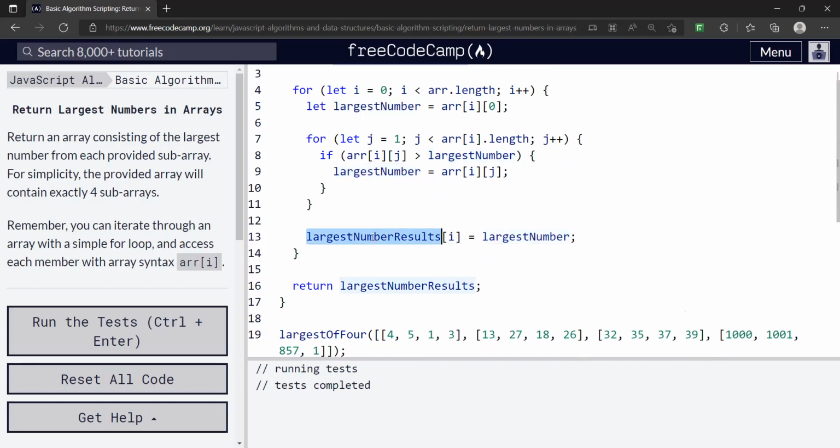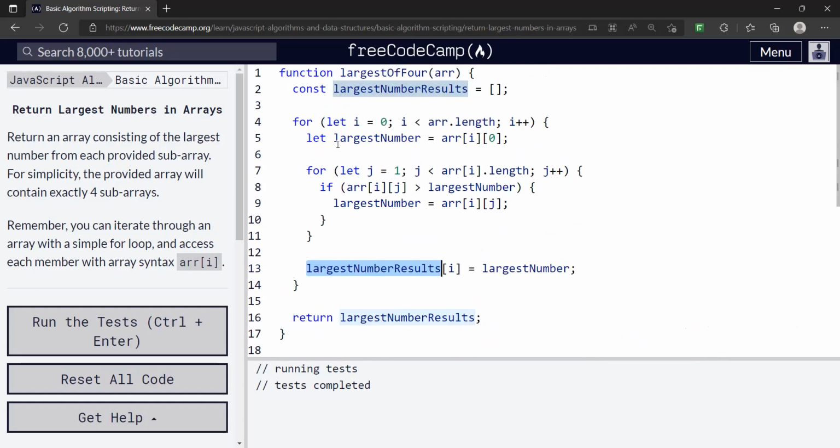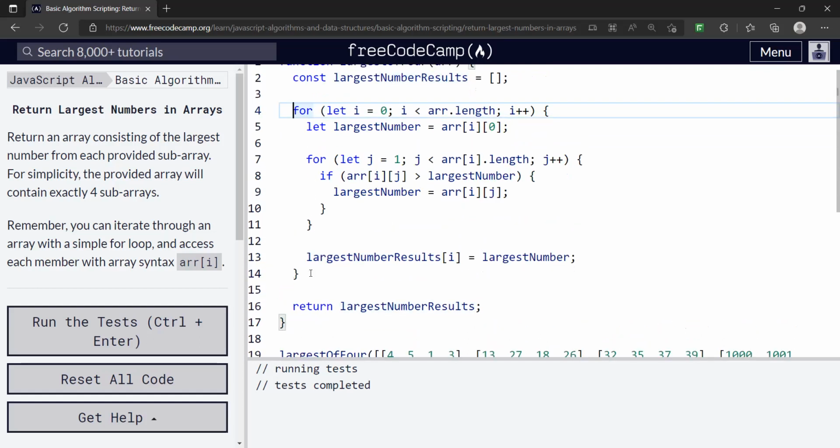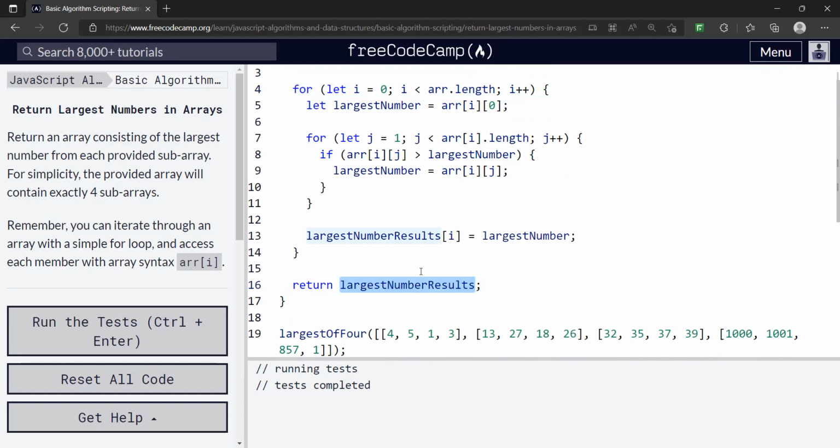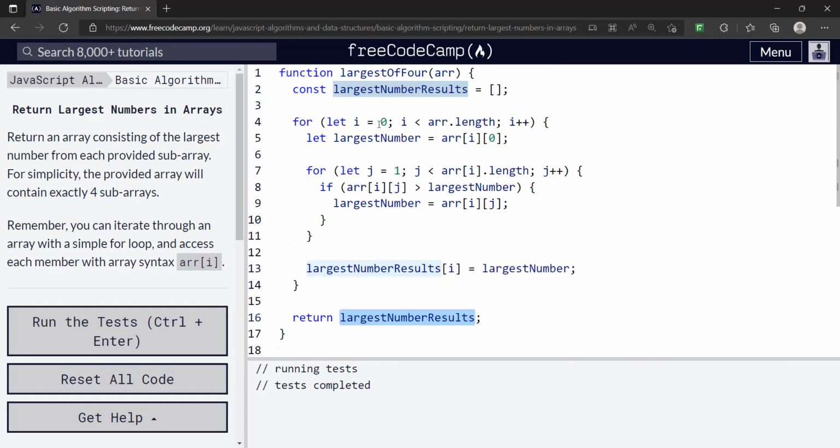And when we do that, we have a separate array, which is just going to be storing the results for largest number. And yeah, so then when we finished processing those for loops, we just return that array of largest number results from the function. And yeah, so hope that's all clear, and